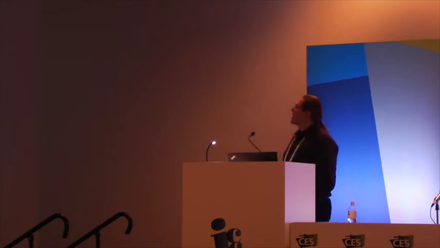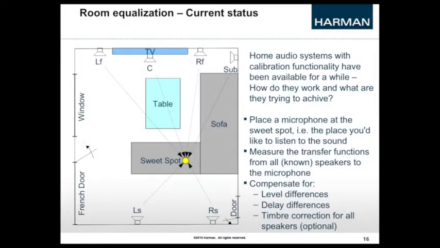One of the possibilities available nowadays looks like this. You have in your 5.1 system also a microphone in the package. You place it where you would like to sit or to be. Here, for example, it's this spot at your sofa. This is the sweet spot. Then a measurement signal is created and played over the whole system,